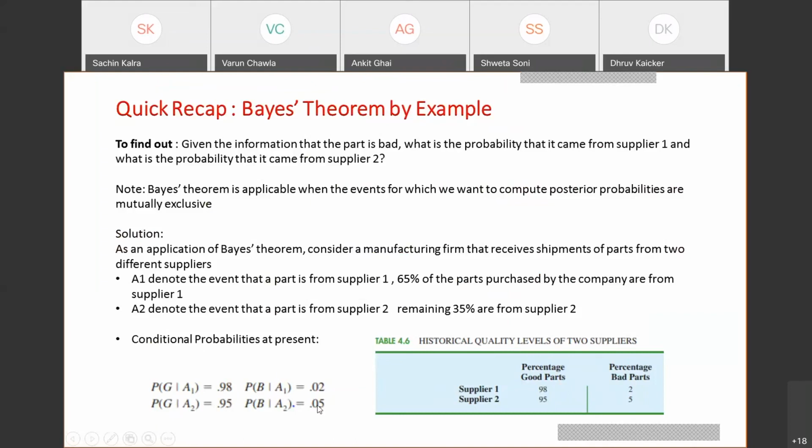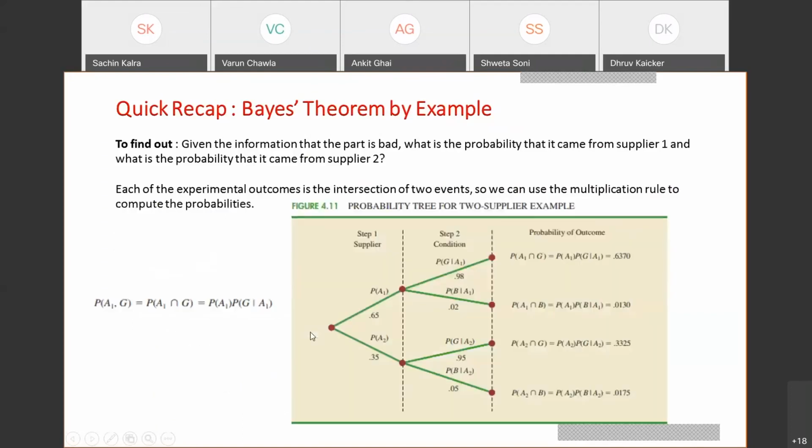Similarly, 95% and 5%. Okay. Moving forward, we have got four figures. Now, there is a multiplication rule as well, that